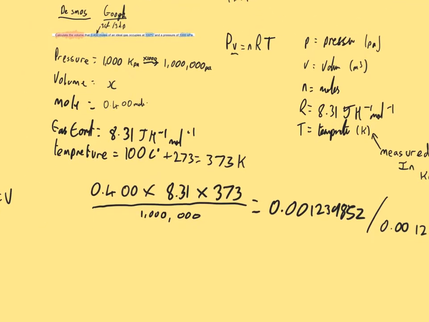So our pressure wasn't in the units we needed, so we need to times that by 1,000 to get our actual pascals. Our volume was our X, which we started calculating. The moles was already calculated for us, kindly, so it's 0.4 moles. The gas constant is 8.31 joules Kelvin per mole. Temperature was in Celsius, but we need to add 273 to correct to Kelvin, which we then punch into the equation to get our final answer